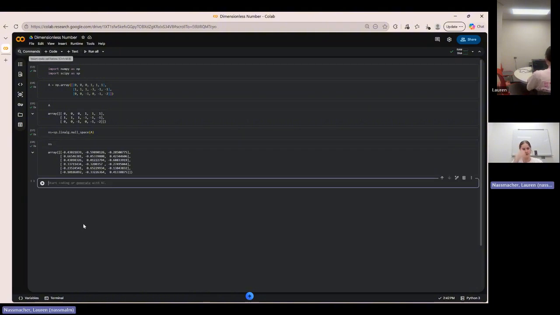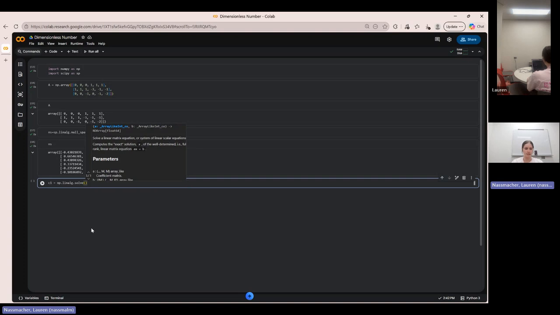From here, we want to find our coefficient 1, or C1, which we're going to use as a dot product, so we'll multiply that by our matrix. And our C1 is going to be numpy, import numpy, and we're going to do linear algebra once again. Our solver, this is where the solver came in. And then we're going to do our null space, and from our null space, we have